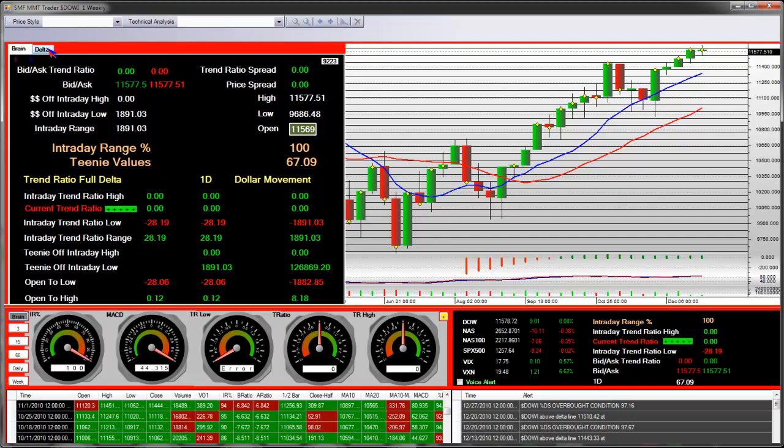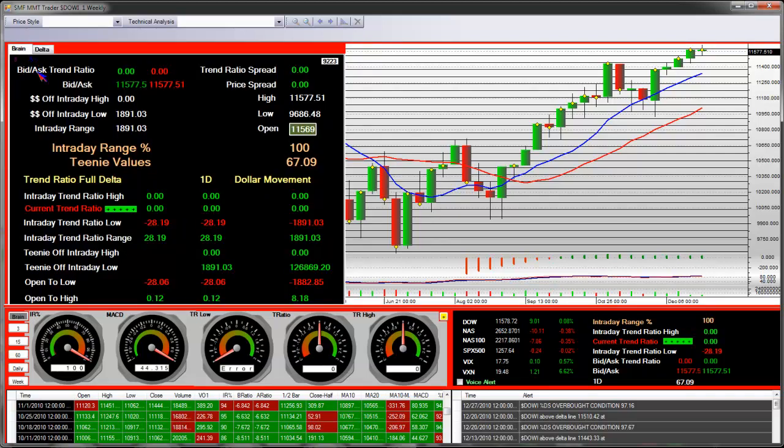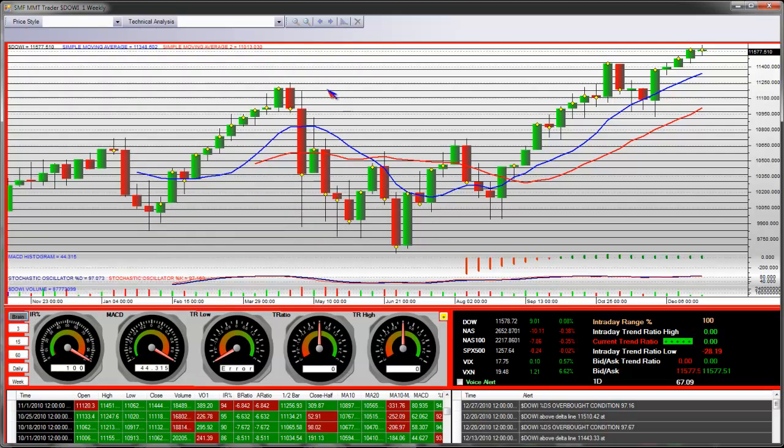However, when you go into the brain, it'll tell you right on the end that you're working with one delta calculation as far as the indexes go. We closed at 11,578.72. Now, when we look at things, MMTs, on that weekly level,